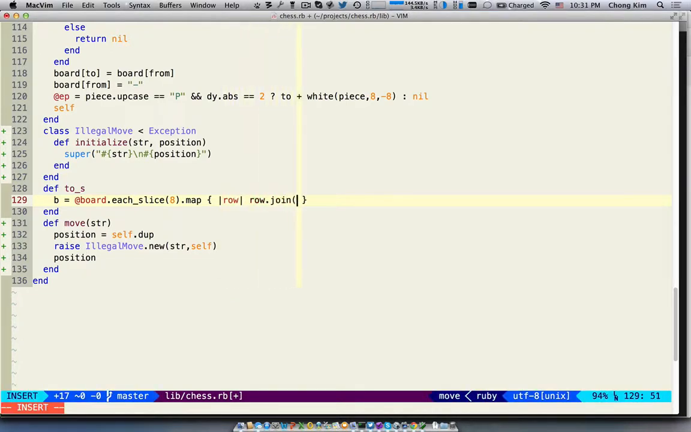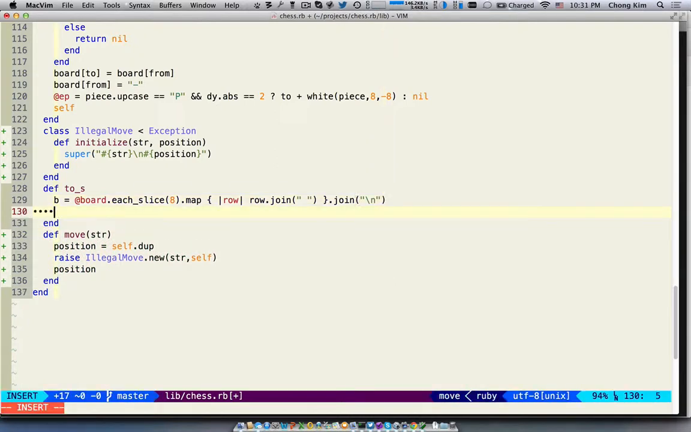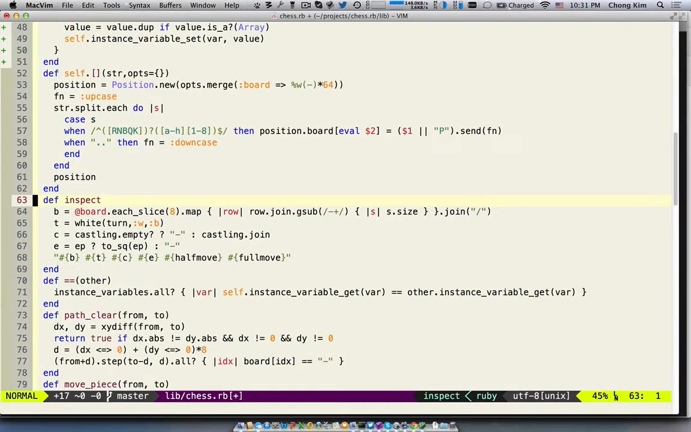We're going to join it with a space, and then join that with character turn, and we're just going to print out the board, character turn. Let's see, what else do we need? Let's go take a look at inspect. Okay, so here's inspect, and basically we'll copy this,